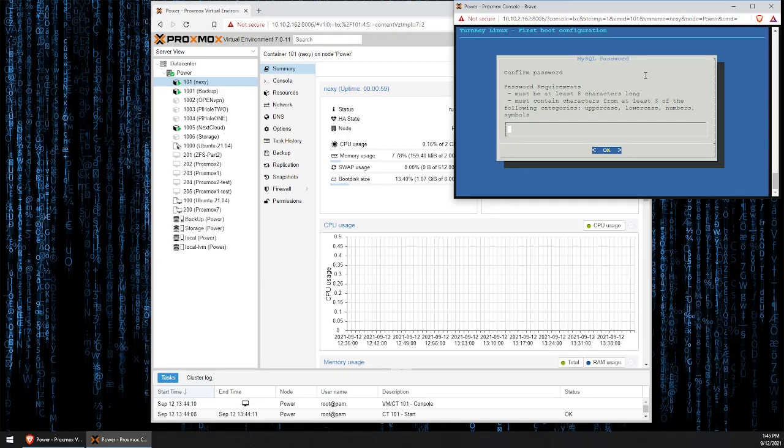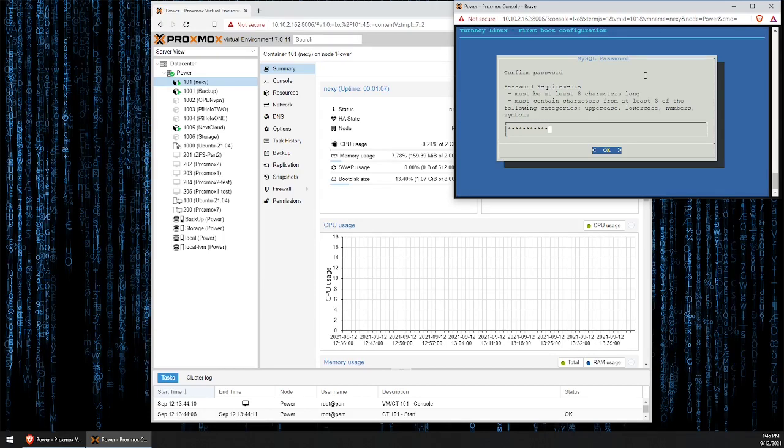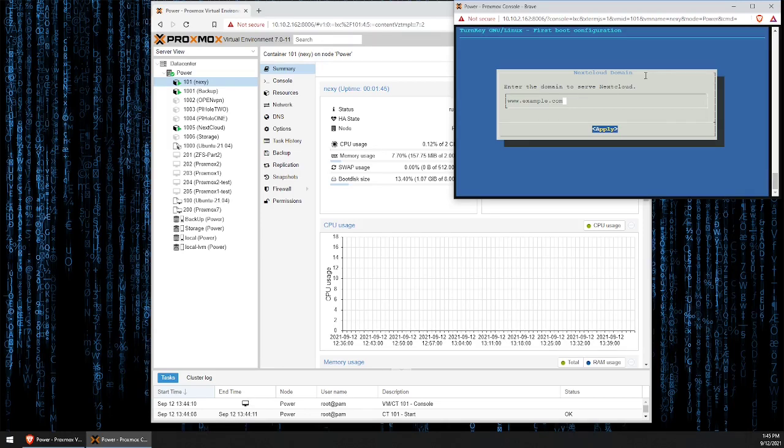And press Enter. Now you need to confirm the password by entering it again. And press Enter. Now it's time to set up your admin account password. Press Enter and enter it again. Take note that the username for your admin account is going to be admin. Now enter the default domain for your NextCloud server. I would suggest at this point entering the IP address that you configured for your server